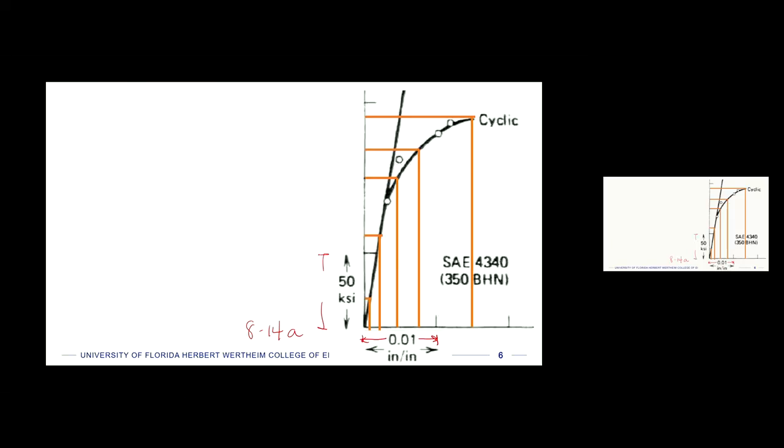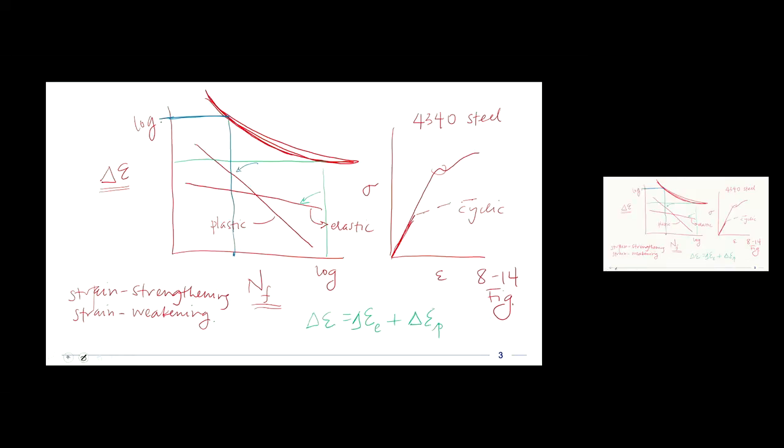And so if we look up here, then we can get to about 140 KSI in our cyclic stresses before the curve ends, right? That's the end of that curve. So that's what we're going to use at the beginning, and we'll assign it to the highest load there. Okay. All right. So if we do that,